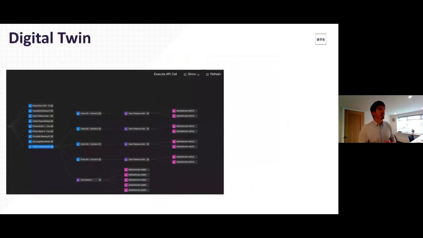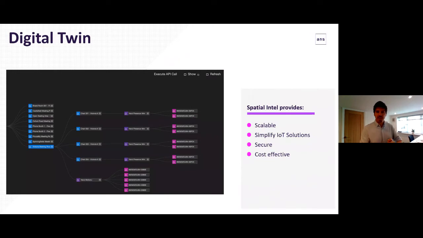So once we got that data in, we used digital twin because it's just a scalable, easy solution to use. It simplified it. Before digital twin, we'd have to build a database out. We'd have to create relationships between sensors and buildings. We'd have to do a lot of work up front to get to a point where we could use the system properly. Whereas digital twin just solved a lot of those problems for us.